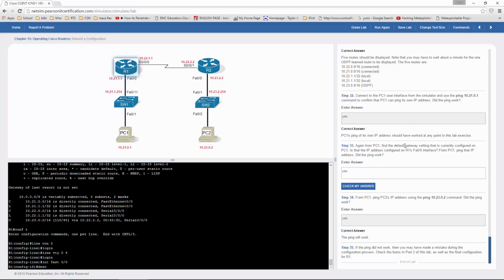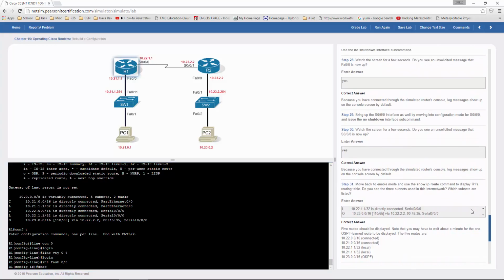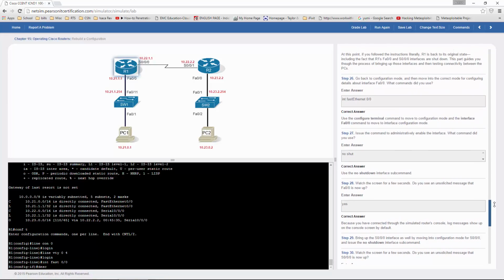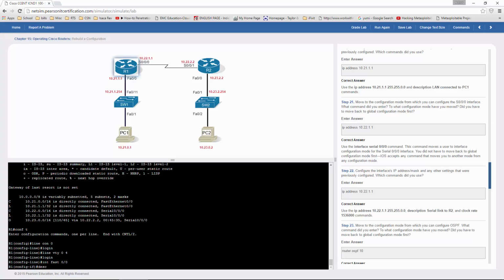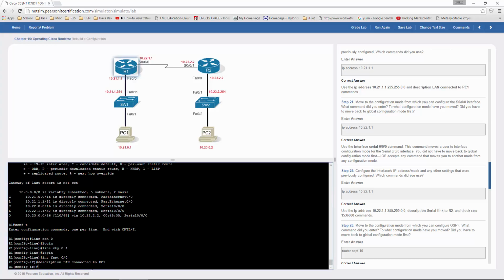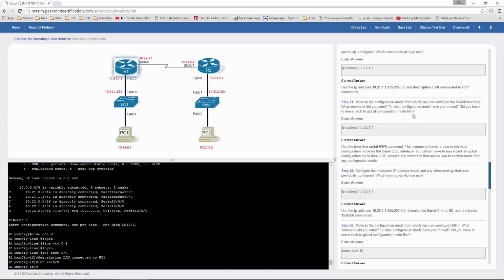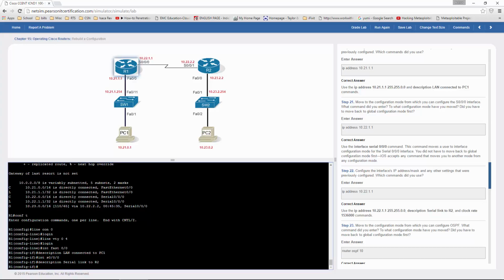I'm going to change my description to the appropriate description, interface serial. That way, when I click Grade Lab,